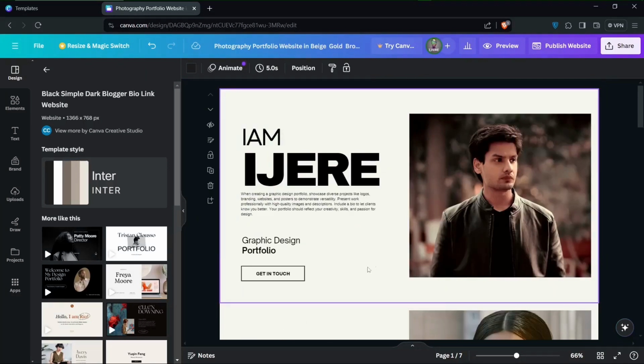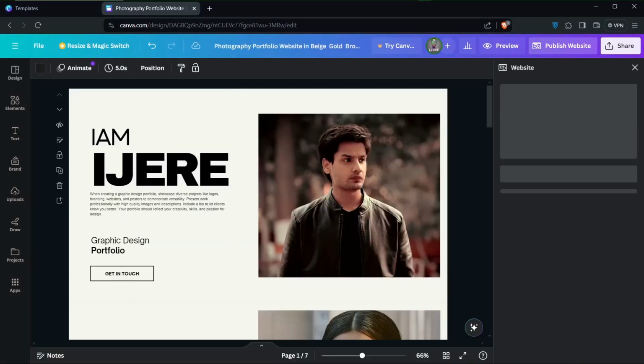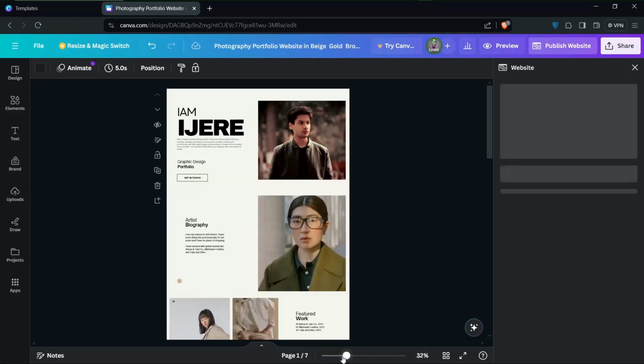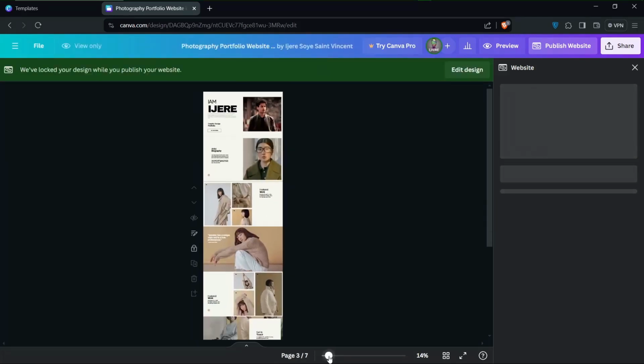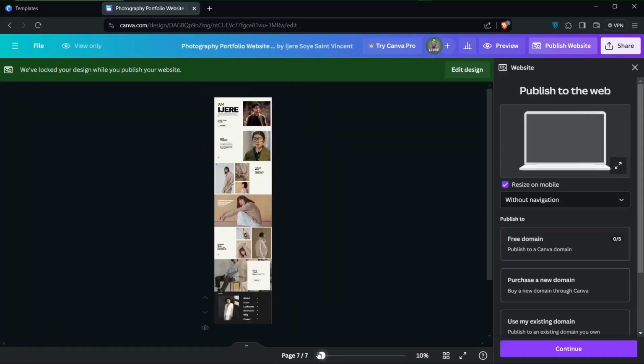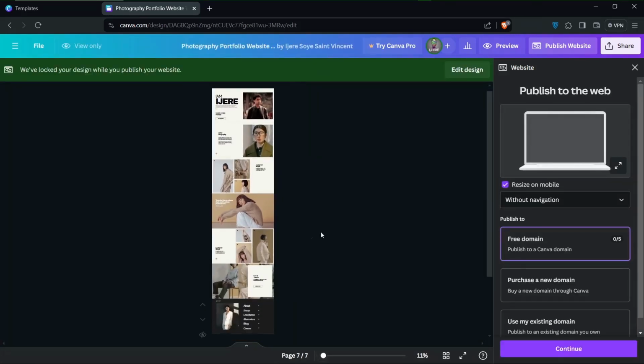So go ahead, play around with this, and when you're done, you can preview this or publish the website. So we'll just click on publish website. As you can see, currently we have 7 pages in total. I'll just zoom out a little bit so we see how the whole thing looks. Right, so this is basically the whole page. So all you have to do is click on continue,